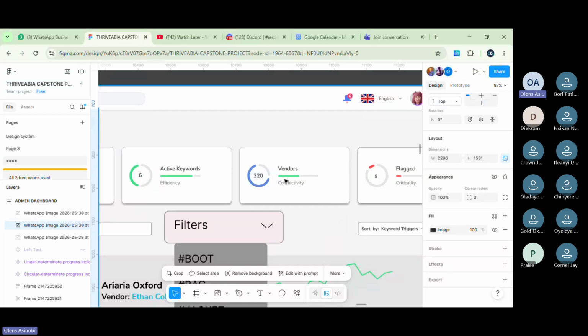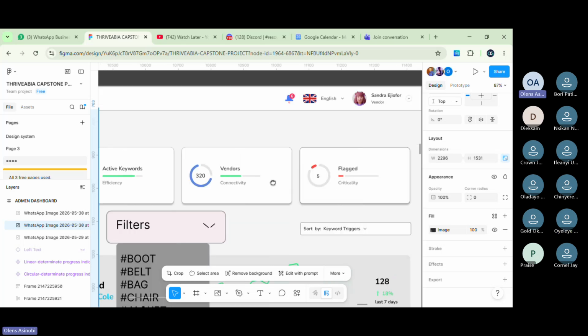Okay. So you mean the ones that have actually been verified, because it is only a verified vendor that can upload their product. So I think you mean the ones that have actually been verified, right? Yes. Okay.